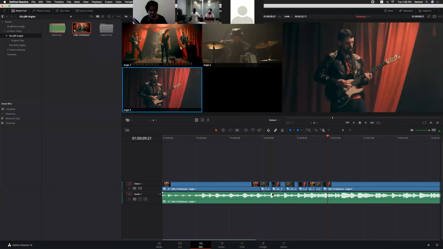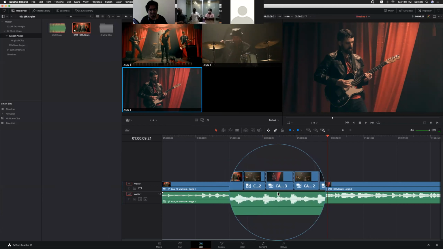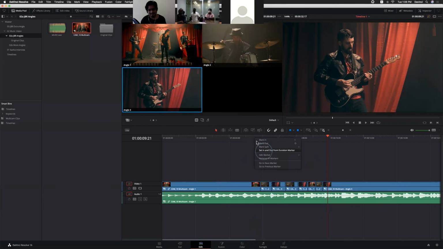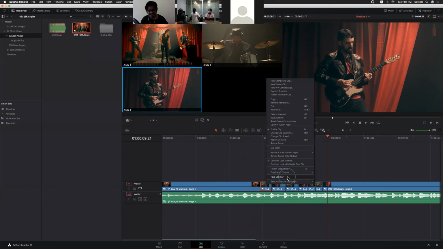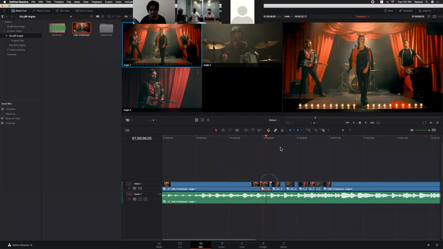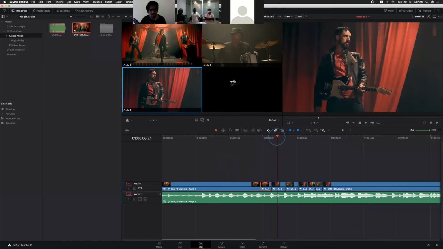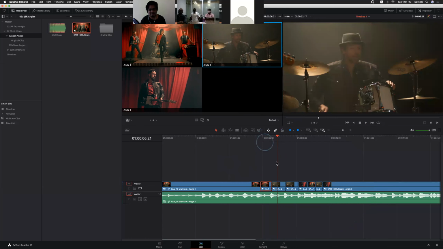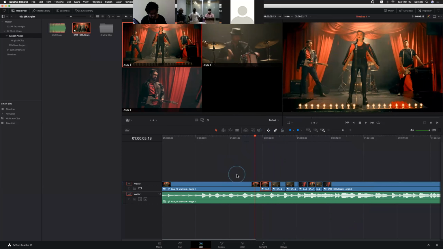Can you observe this one? And you will find most of the options, like switching angles, by right clicking here, or you can use Shift Command, left arrow, right arrow directly to change within the timeline instead of selecting here. Or even if you want to switch directly from the canvas, hold the Option key and click it. It will automatically replace the particular camera angle. Okay, but let me undo this one.